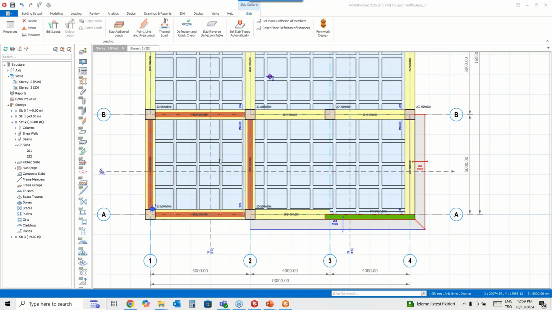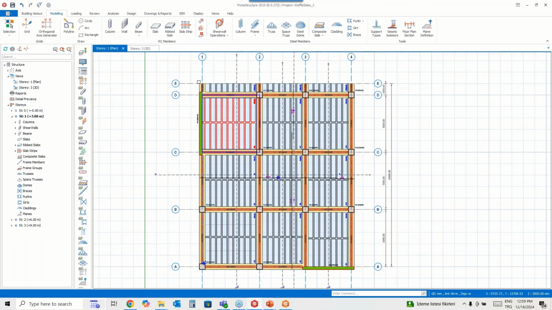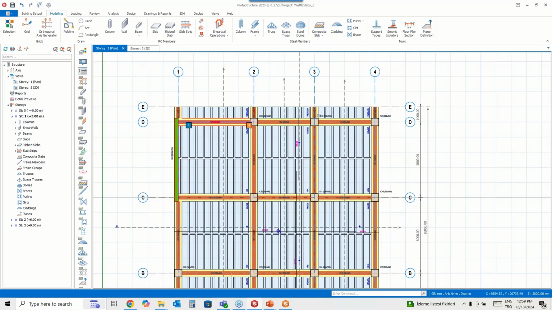My question is about the first story. Why is it not showing the reinforcement detailing in the section?